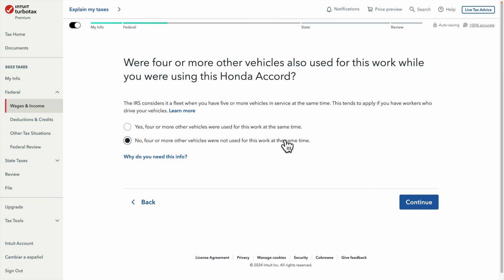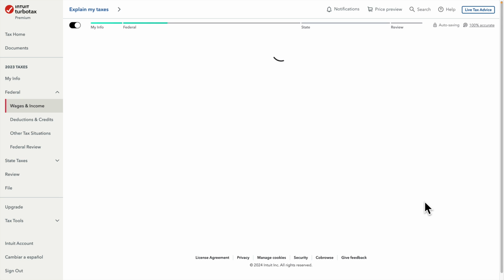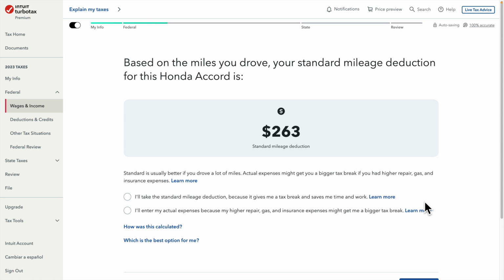Once we press this continue button, it is asking some questions. Basically I used only this car, so I'm choosing the second option, no. And then I'm pressing the continue button. Once we press the continue button, it will come here and it will show, based on the miles you drove, your standard mileage deduction for the Honda is